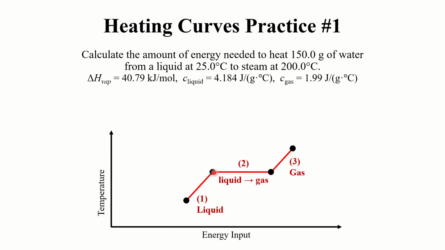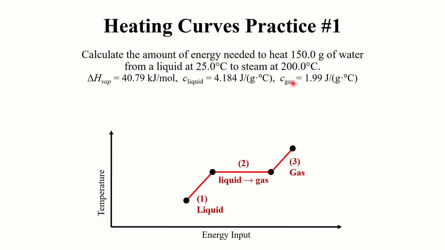Then our line should flatten out as we undergo this phase change, converting from a liquid to a gas. So draw a straight line from left to right here where the temperature stays constant. Then once all of the liquid's been converted to gas, we can draw another diagonal line as the temperature of the gas increases from 100 degrees Celsius to 200 degrees Celsius. We've got some other information here in the problem. We've been given the molar enthalpy of vaporization, the specific heat of liquid water, and the specific heat of water